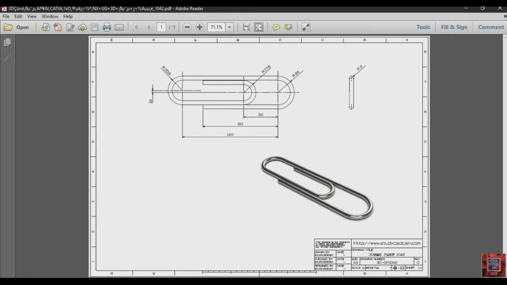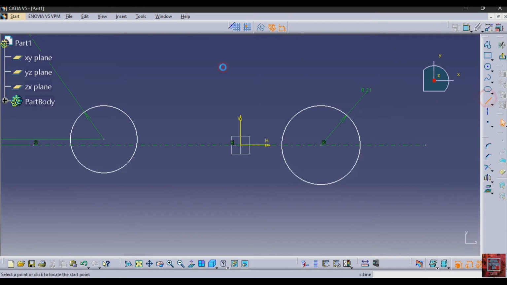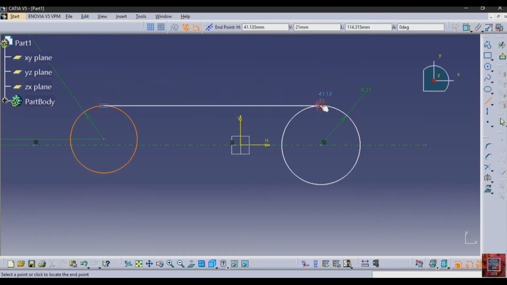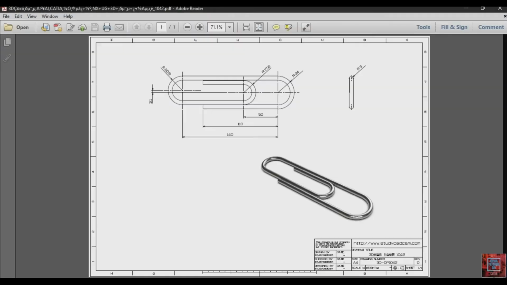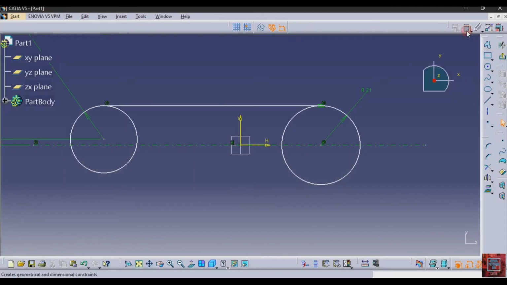After that make a line from this point to this point, and then give the distance between both of these center points.